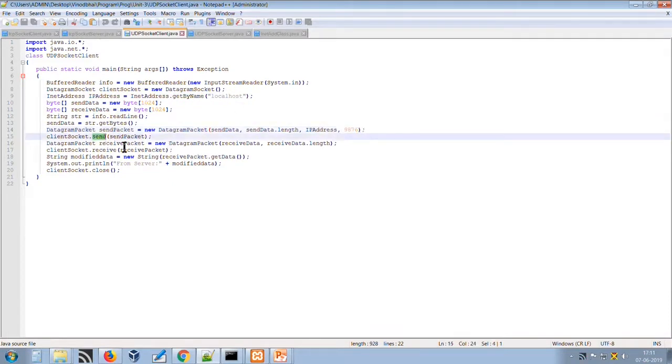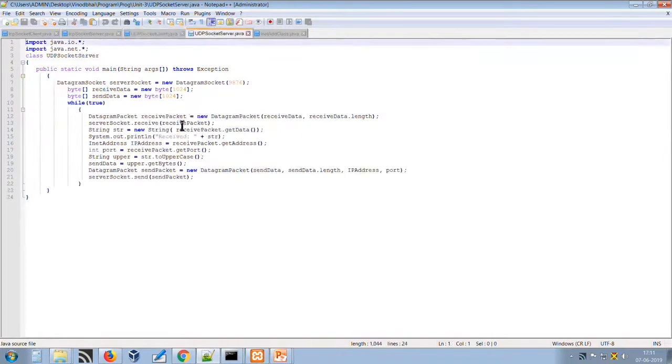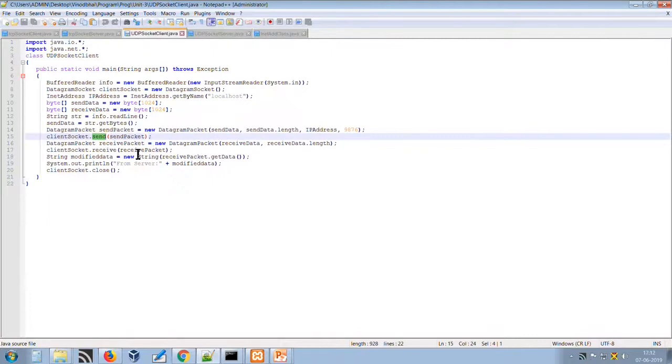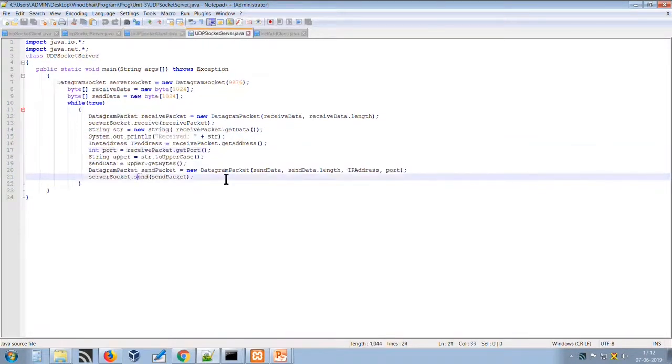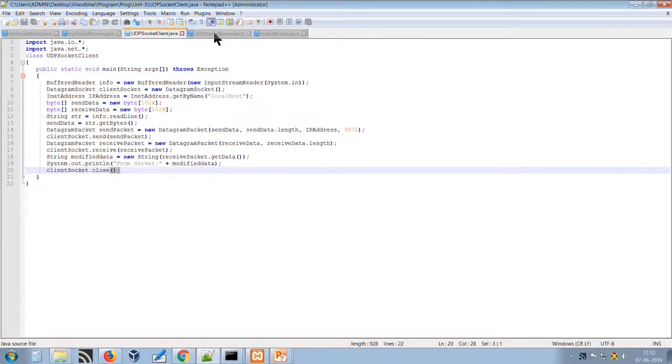Once it is sent, the server will receive it in the opposite manner and send it back, and at the same time we will also receive it over here, receivePacket.getData, and print it, and after that we will close the client socket, in the same way as in the server environment. So this is all about a UDP program.